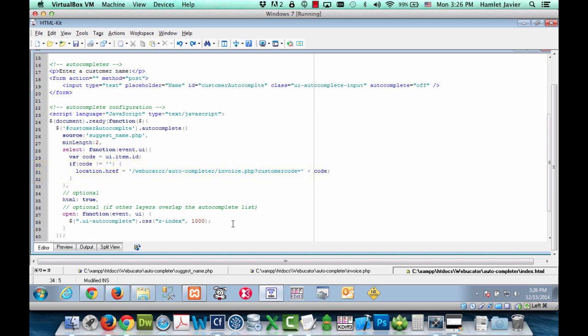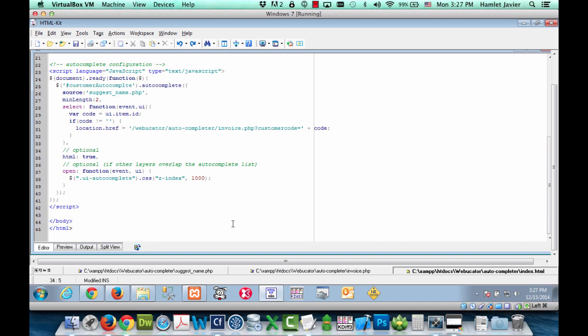Then finally here on line 34, we set the HTML option to true. And that was on line 35. And then here on line 37, we specify that when the autocompleter opens, we are going to make sure that it overlaps anything and everything on the web page. And so we set its CSS property of z-index to 1000. That's pretty much it on the script side. Let's go ahead now and take a look at that